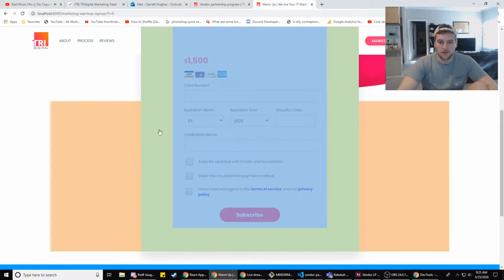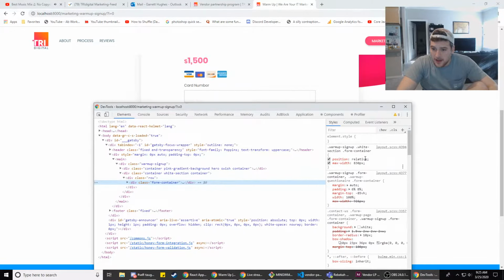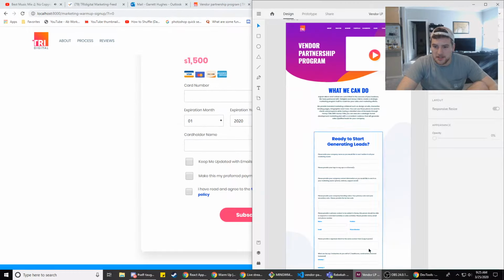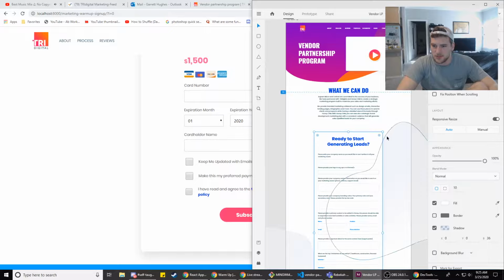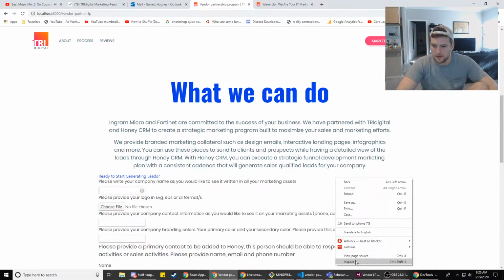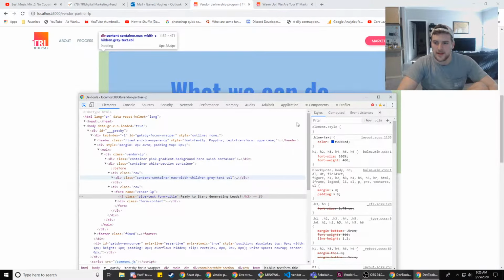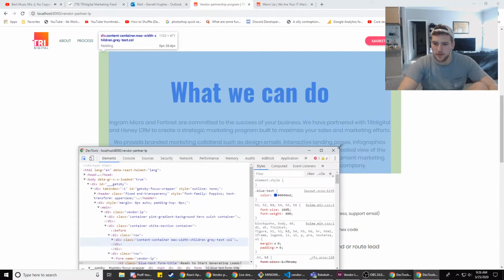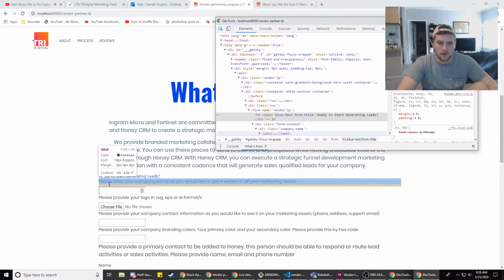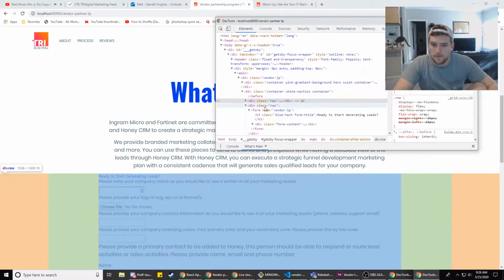Alright, now back to this form thing. So we grab this. I should probably do that on this page too, huh? Alright, so we've got form container, max width 830 pixels. On here, I think I just gave it a max width of like 80% for the whole thing, just so it kind of scales a little bit. I need that to be smaller. Can you shrink for me? There we go. Or at least that's 80%. Is the other thing 80 view width? Yeah, that one's 80 view width as well.